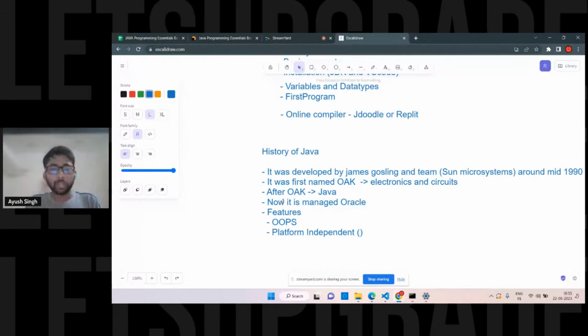That's totally correct. And it is platform independent. And it is written like this: WORA means write once, run anywhere. There is a proper full form for this: write once, run anywhere. That's how it works.